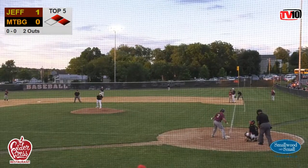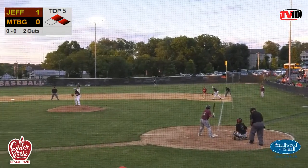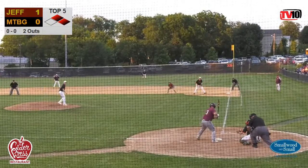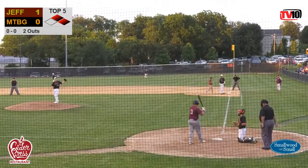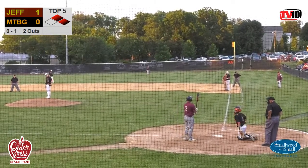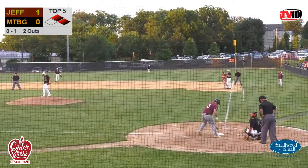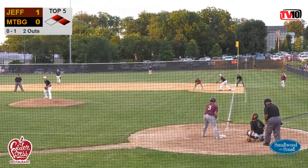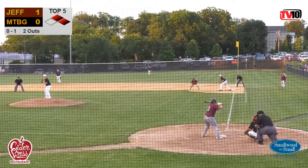Allinger steps in 0 for 2 on the day. Has driven in 28 runs this year. He's got 29 standing at second base right now with Horowitz. First pitch, called strike 1. I mean, these are 2 guys in Bailey and Allinger that put the ball in play. As you said earlier, just 6 strikeouts between the 2, and that was in a combined 167 at-bats on the